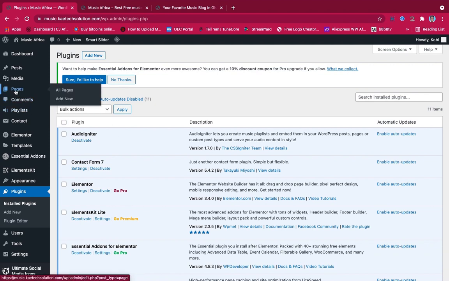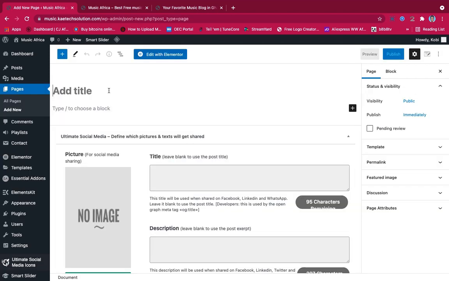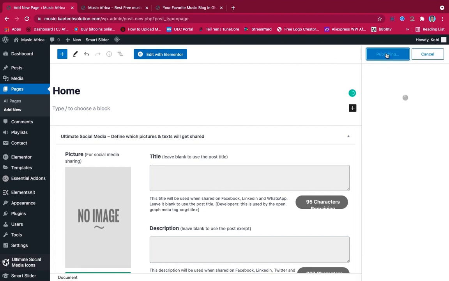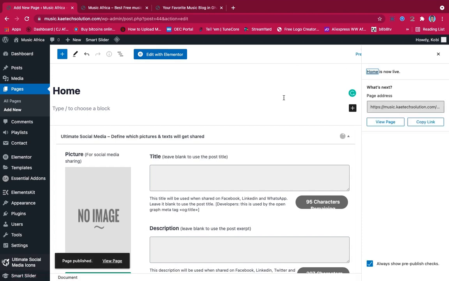So we go to the menu over there, we hover to pages over here, and then we click on add new. We're going to call the page home, okay, because we are creating a home page. All you need to do is just to create it and click on publish. Just click on publish over here to create the page. Now click on add new again to create a different page,